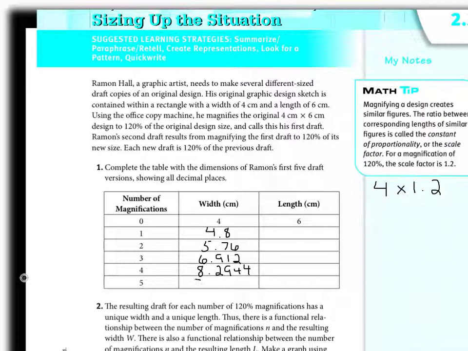And then I believe this is 9.95328. And then do the same thing for the length. So we start with the original length of 6 and multiply by 1.2 and so forth. So if you can fill in that other side,